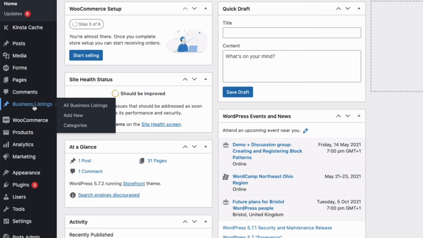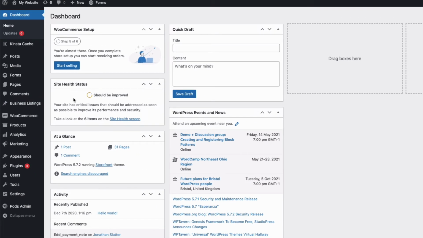Okay, next, we need to create a form for our users to fill out. And I want the information from the form to create posts in our new custom post type. Okay, so for this, we're going to need the plugin Gravity Forms, as well as the add-on Gravity Forms plus Custom Post Type, both of which we installed earlier. Remember, if you need to download the plugins, links are in the description below.